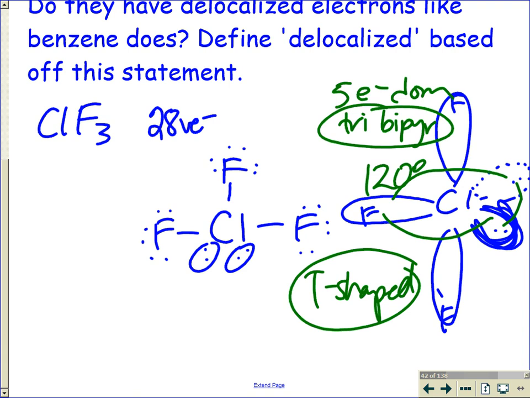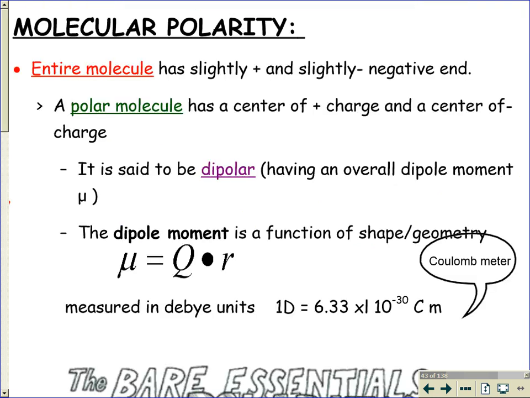Okay. All right, let's look at polarity, and then we're going to go to our lab. Molecular polarity is a little different than bond polarity, but everything kind of plays together. So understanding the bond polarity plus the geometry and then visualizing where the electrons are placed is going to be how we determine a molecule's polarity. Read and write down what you want first. Some of this was in your reading, but